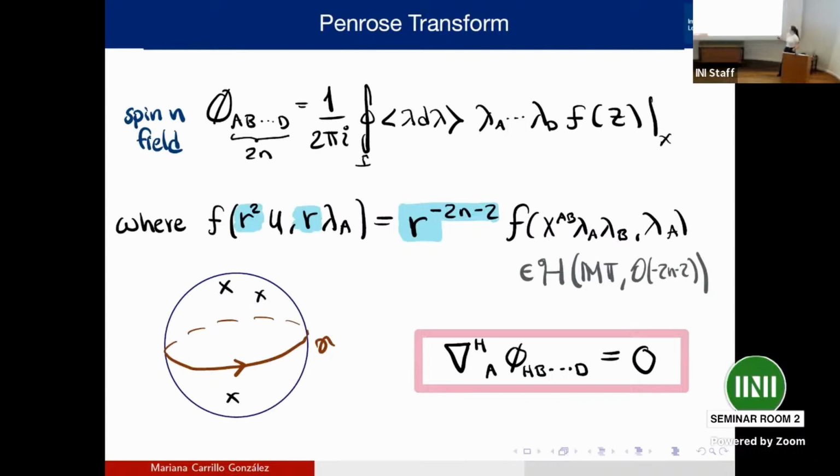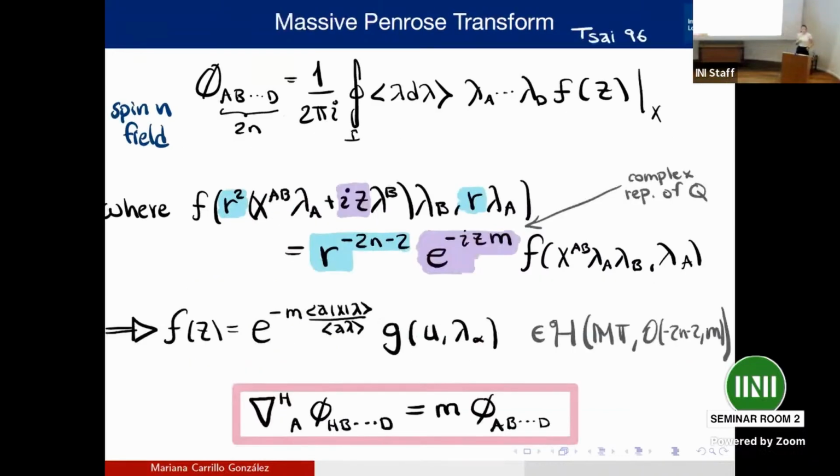But we wanted something massive for the 3D case, and this is not what we wanted. And the hint is this additional parameter that I was mentioning before. As I said, Mini-Twistor space can be thought of as a homogeneous space of ESL2C. And now that you want functions on Mini-Twistor space, these actually form a homogeneous vector bundle. And for that homogeneous vector bundle,